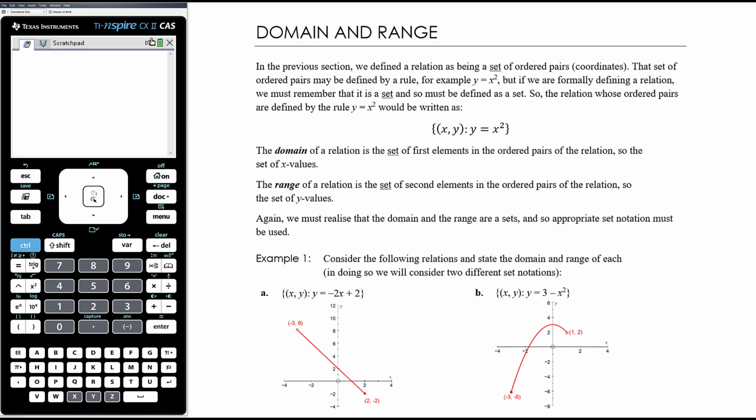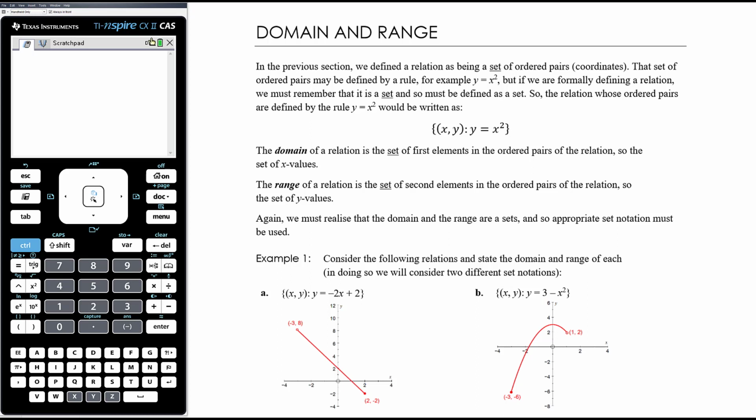Okay, so in this video we want to discuss the ideas of domain and range of a relation or of a function. Relations all have domain and range, as do functions, being a subset of relations. In this video we want to talk about what domain and range is, and then we want to review the notation we use, so set notation, to describe domains and ranges, and then we'll also be having a look at